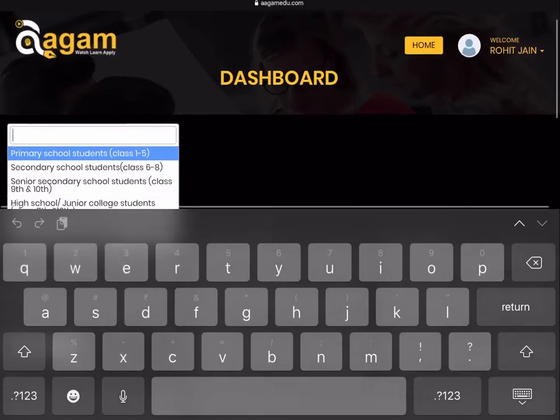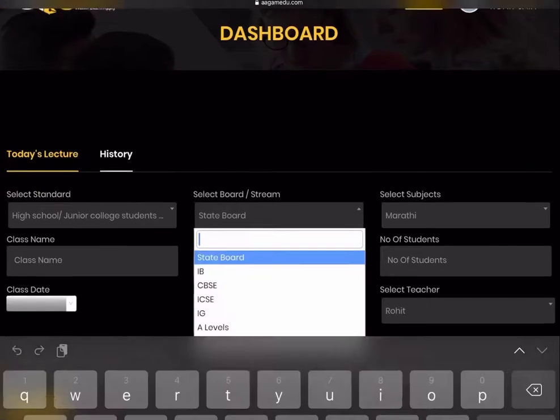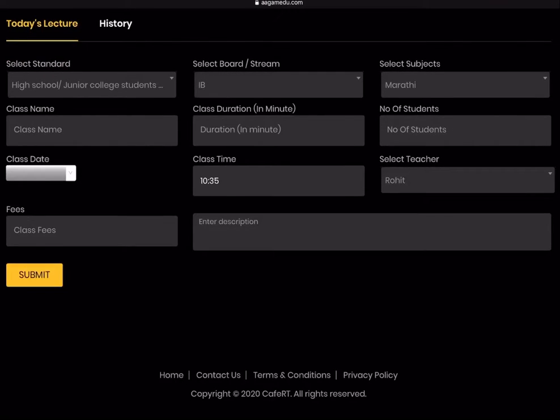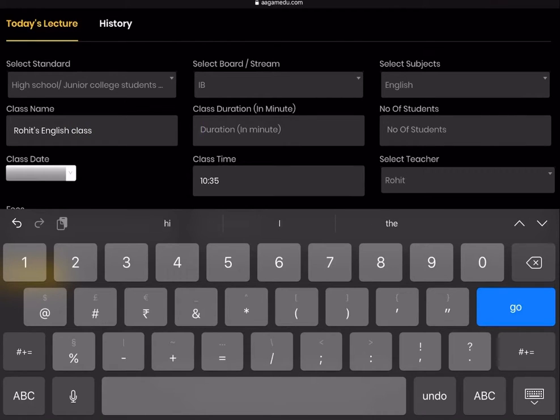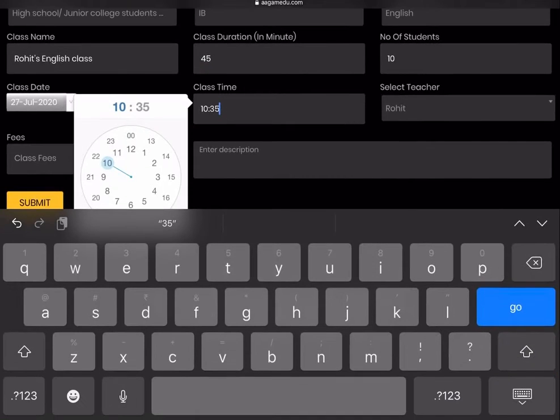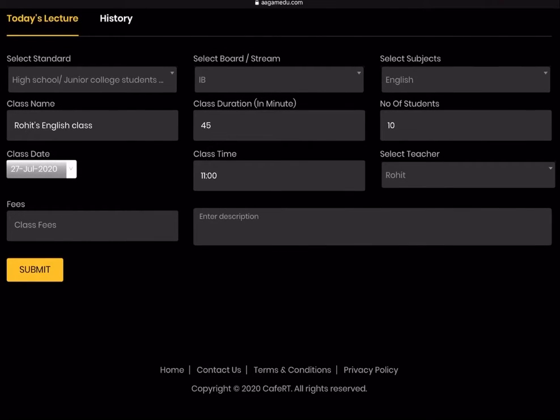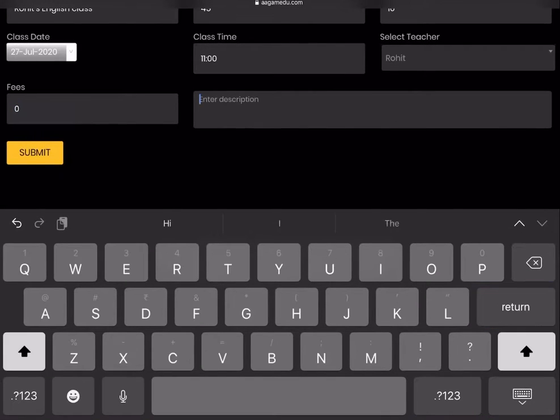Select the standard, select the board or stream of education, select the subjects, enter the class name, enter the duration of the class, enter the number of students, enter the class date, update the time, select the teacher who is supposed to take this particular class, and submit.